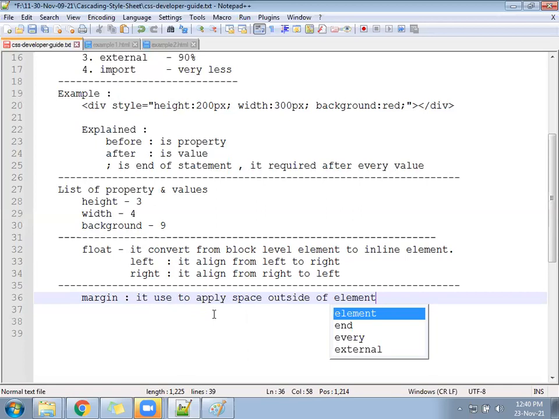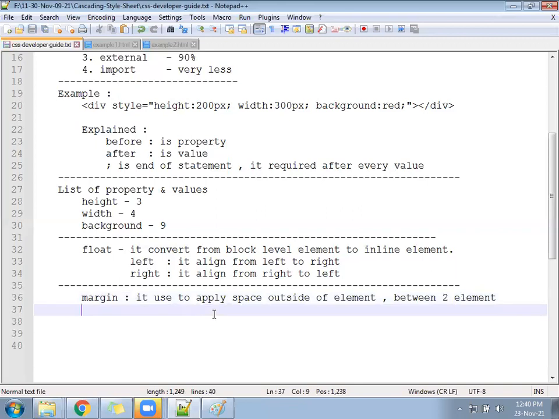It is used to apply the space outside of an element, or you can say between two elements.